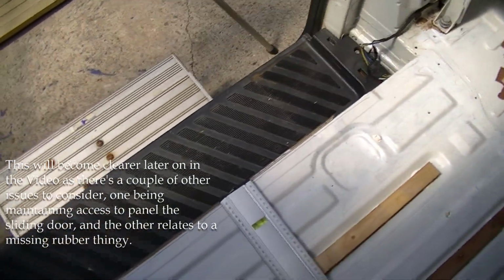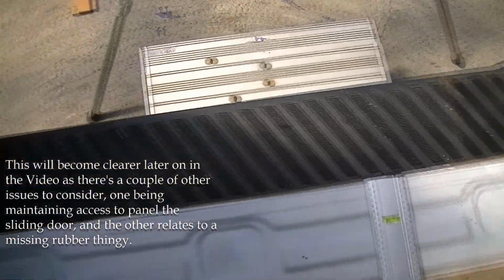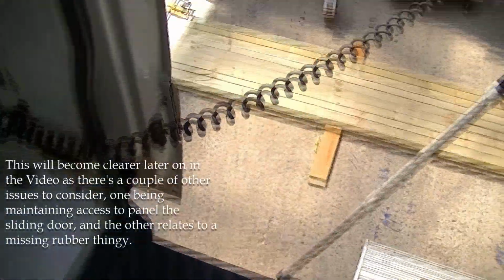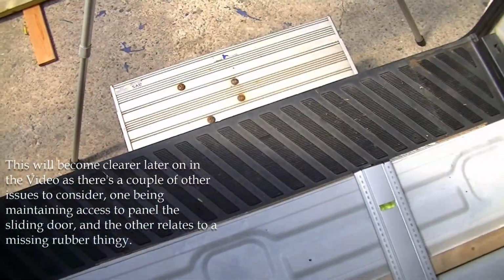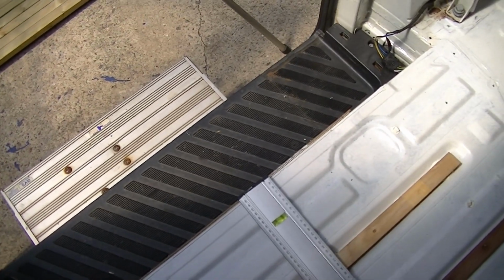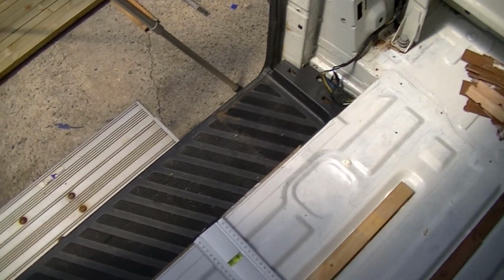I've got to think about how I lay this floor if I retain this smaller step entrance, and that provides me a larger floor area for mounting furniture on in this area here, by the sliding door. I've got to think about, do I ever need to get this plastic step up? And I'm going to have a little experiment to see if there's enough wriggle room to get it out. I think there is, providing I make the cheek pieces that go from the plywood floor down to the actual step